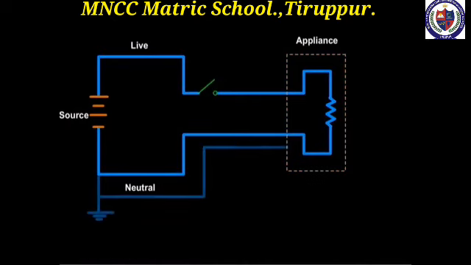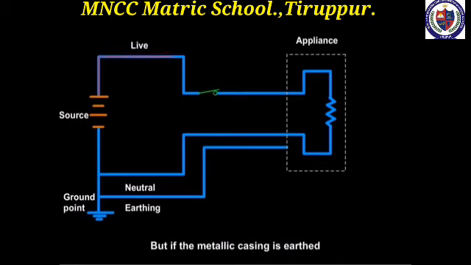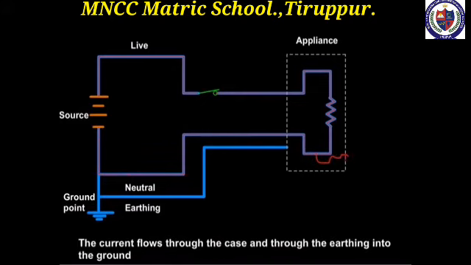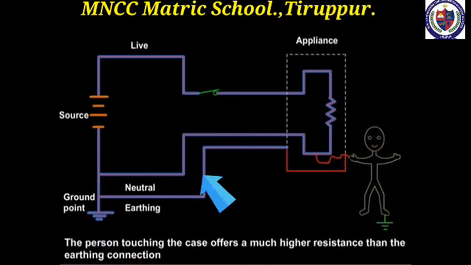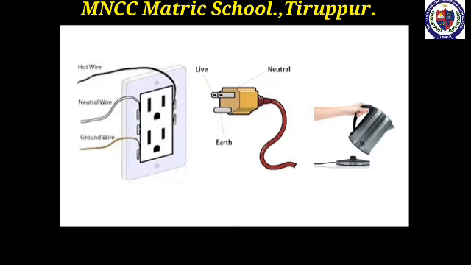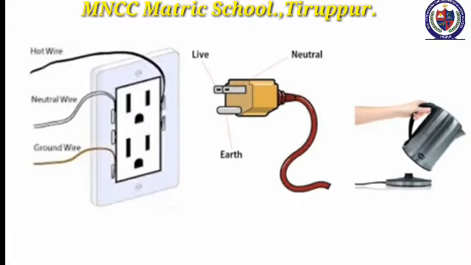To prevent this, the metal casing is connected to the earth wire. Now, if there is a fault in the appliance, the electric current flows from the metallic body into the ground of earth. This earthing prevents electric shock when the person touches it. In an electric plug, we have a live, neutral, and an earth connection. These make connection to the appliance to avoid accidental shock.